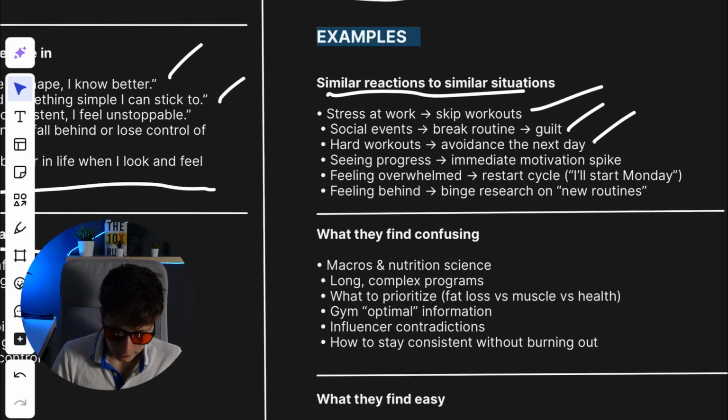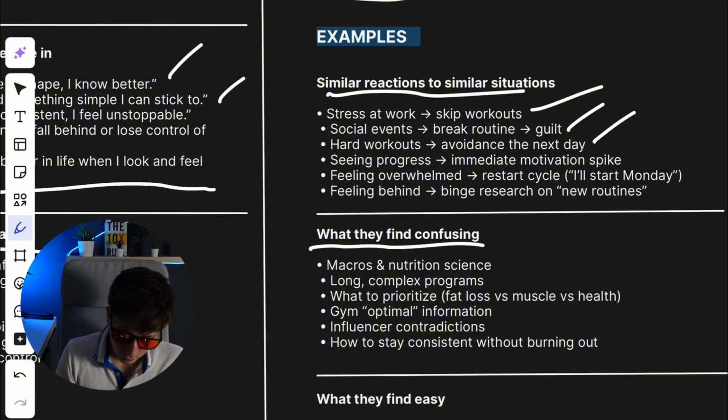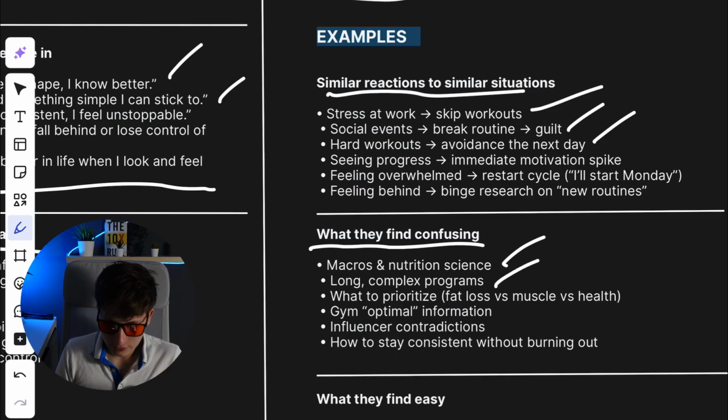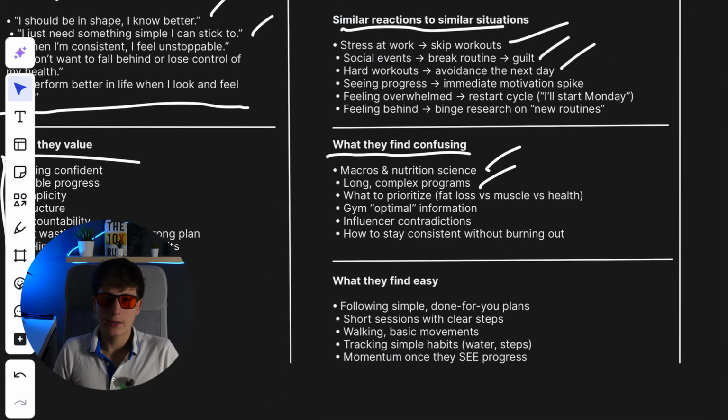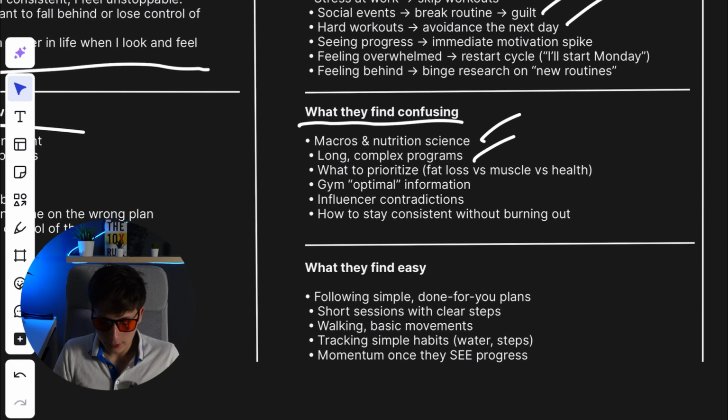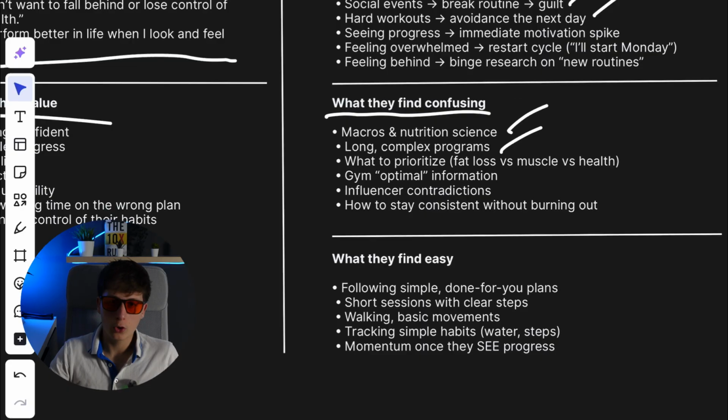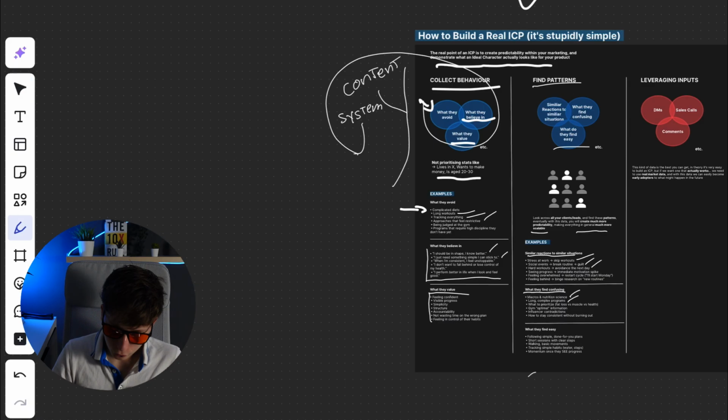Now, you need to actually know what they find confusing. So like the macros, the nutrition, the science, the long complex programs, you need to actually list all of that out, and what they find easy. So for example, whether it's following instructions, following a simple done-for-you plan, a short session on a one-on-one call where you simplify everything. To recap,